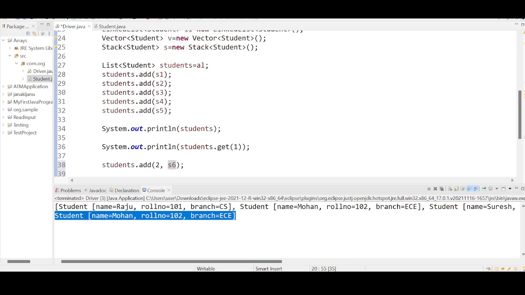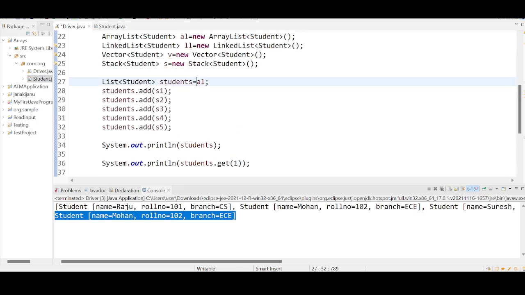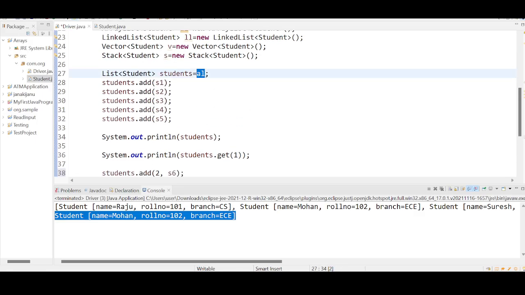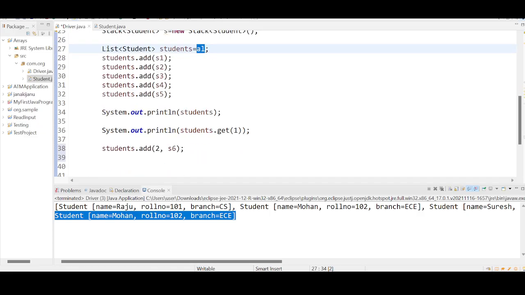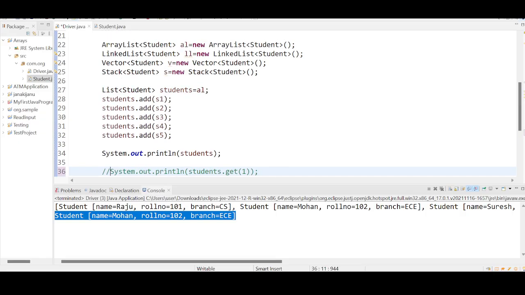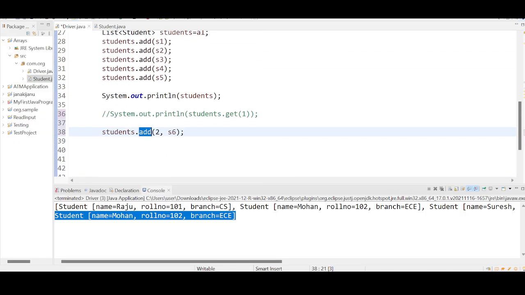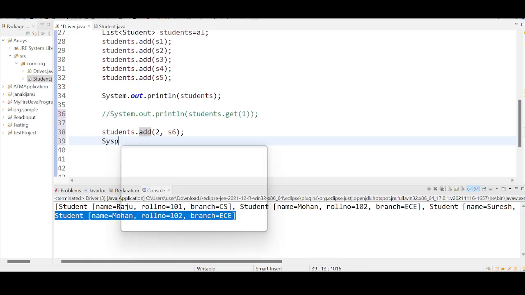Are you getting this? So now this AL is a costly operation. When I use AL, this is going to be a costly operation. Let us say that we are not using the get method. Let's say that we are using the AL of ArrayList type, but it is a costly operation. I am adding an element, an object, in between. But when you see the output,